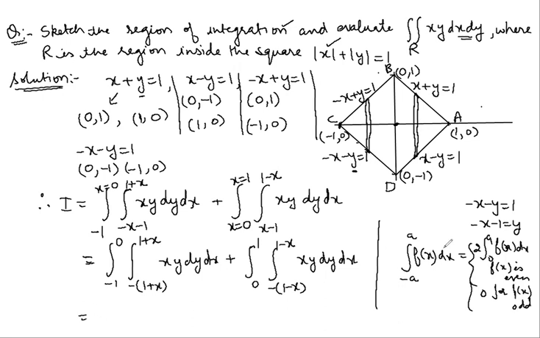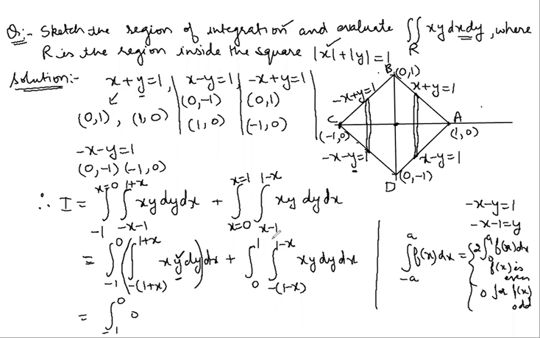So if you use this result here, you can check that the limits are symmetric and you can see that this is an odd function of y. So according to this result, this integral is going to be 0,